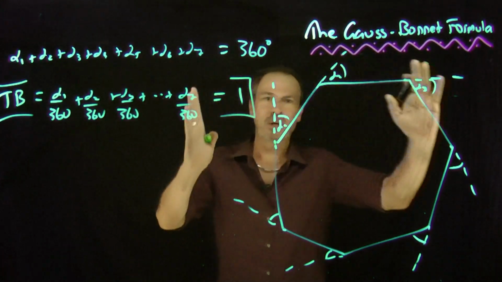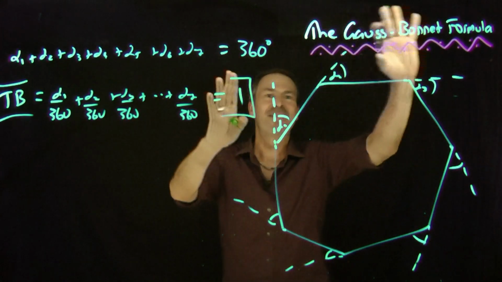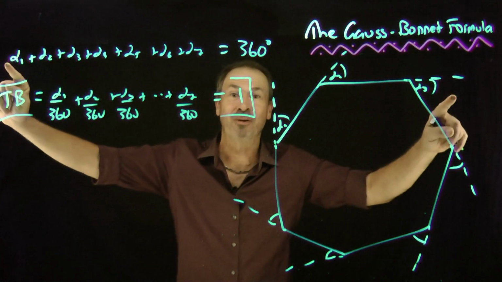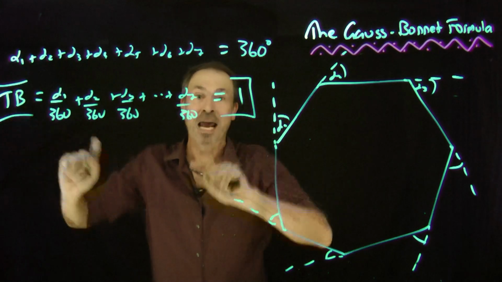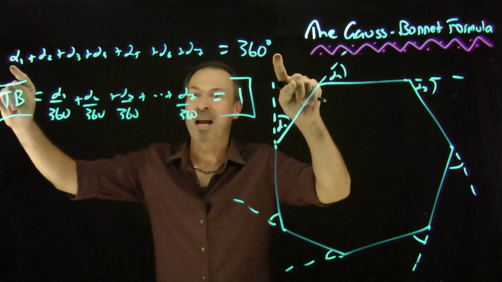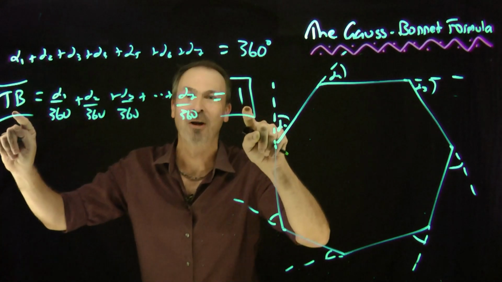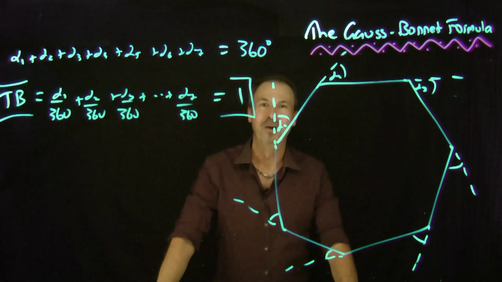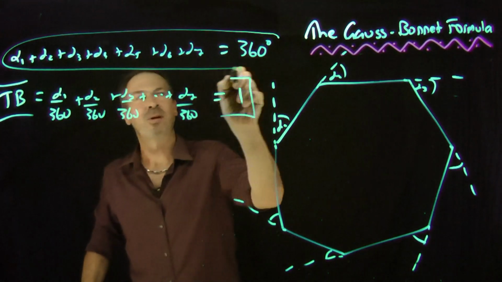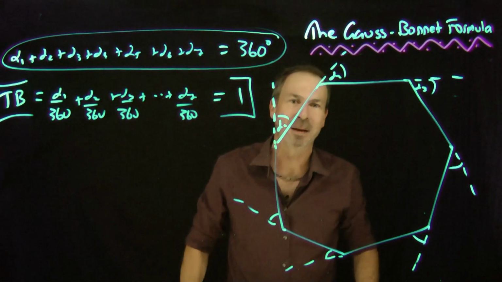And in fact, there's nothing special about being 7-sided. It could be a 700-sided polygon. The exterior angles will always add up to 360 degrees, in which case the total bendiness is again 1. Or a 7,007-sided polygon. The exterior angles add up to 360 degrees, in which case its total bendiness is always 1. Grand! So the key fact about high school geometry is the exterior angles always add up to 360